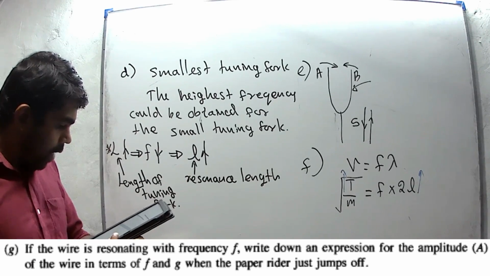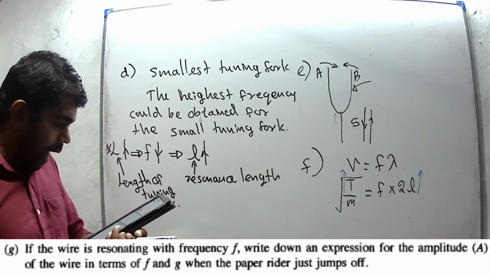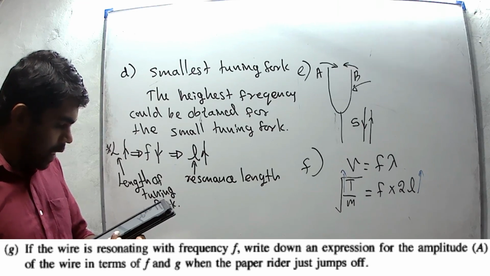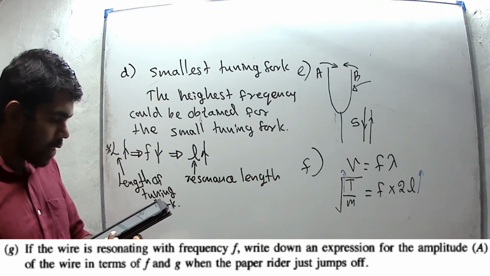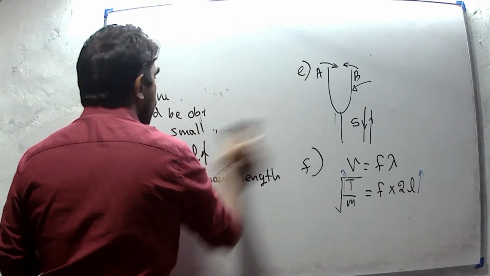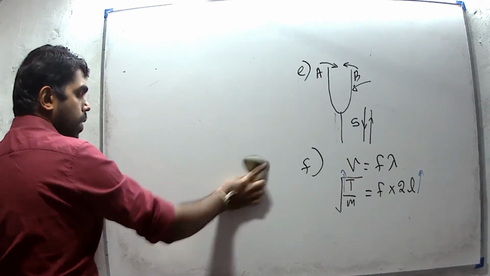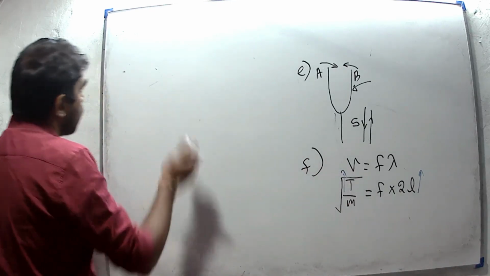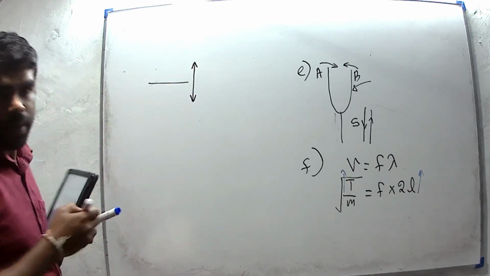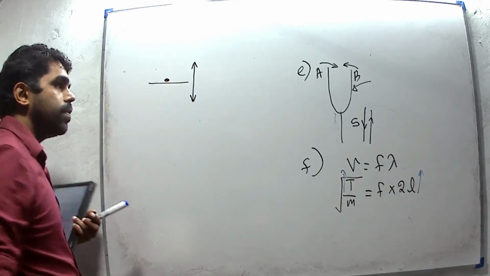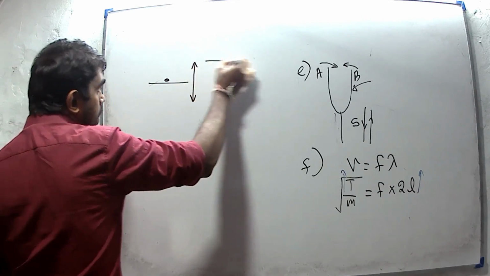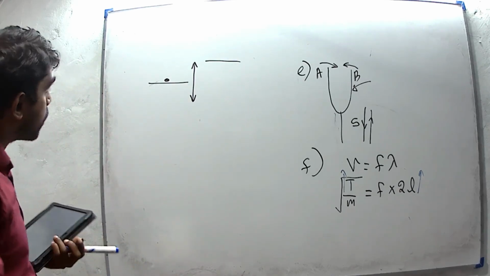Then part G, if the wire resonates with frequency f, write down an expression for the amplitude of the wire in terms of f and g, when the paper rider just jumps off. You have to remember the simple harmonic motion. For a simple harmonic motion, if a stage is vibrating in this direction and if a paper rider is on it, the paper rider just jumps off at this phase